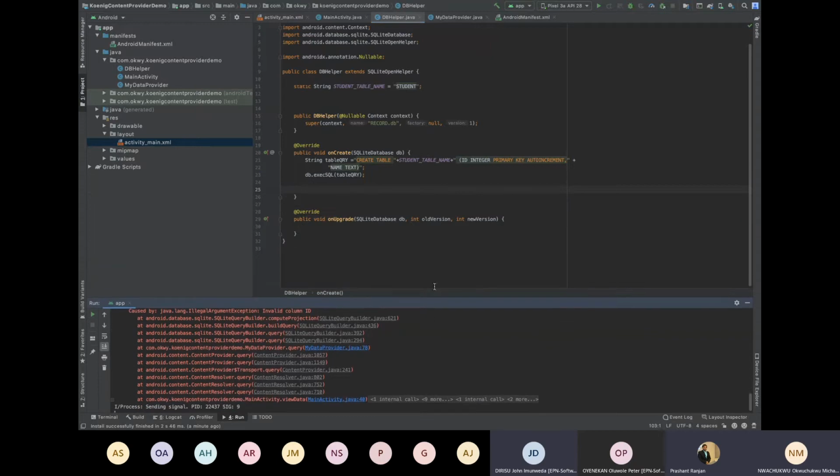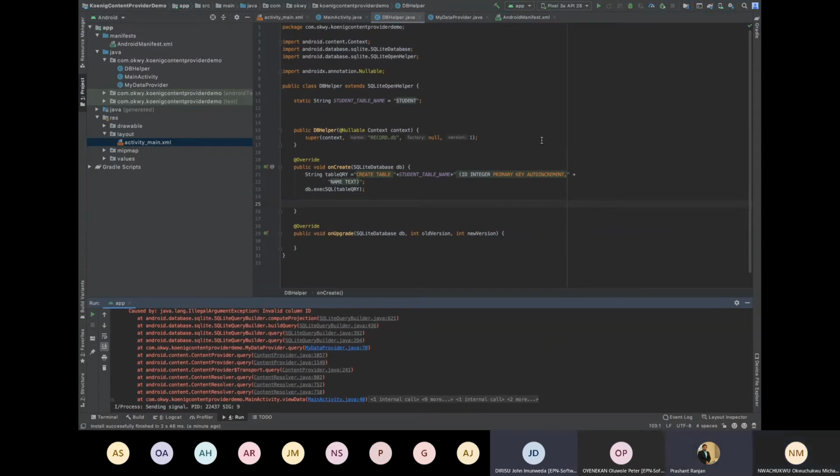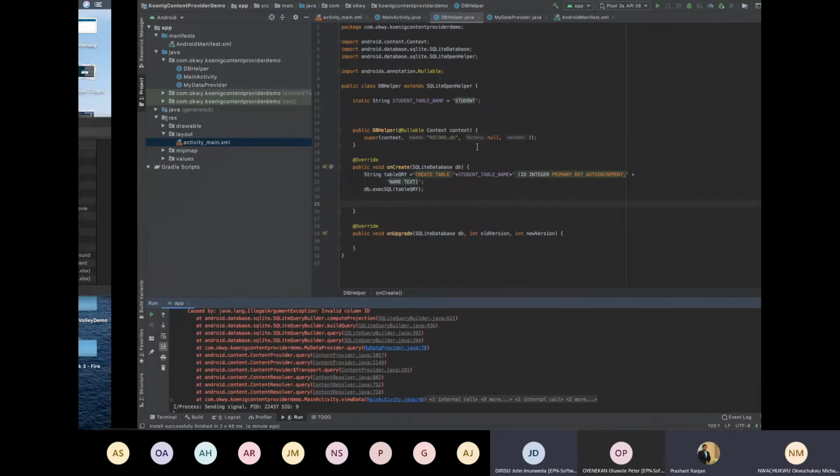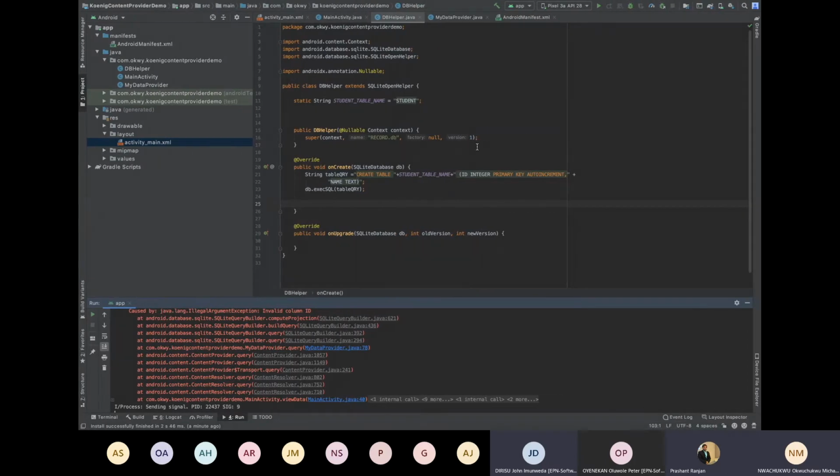I think you should uninstall the app and install it again from your emulator, then try the process again. Let's see what he wants to do first. If that doesn't work, then you can uninstall and install.